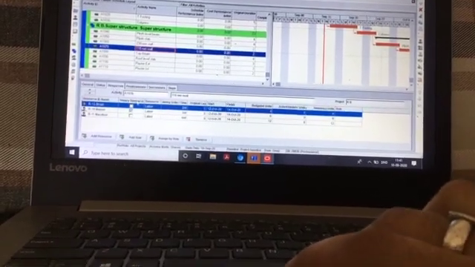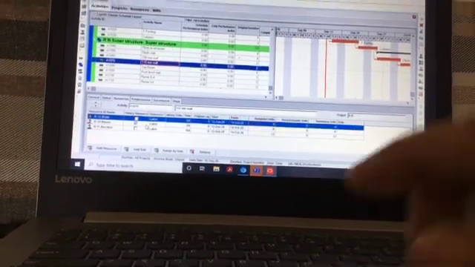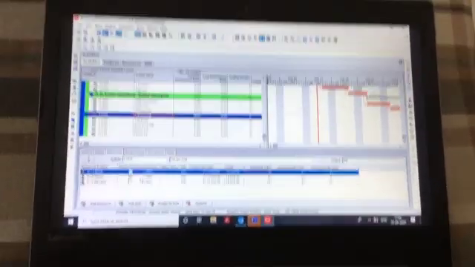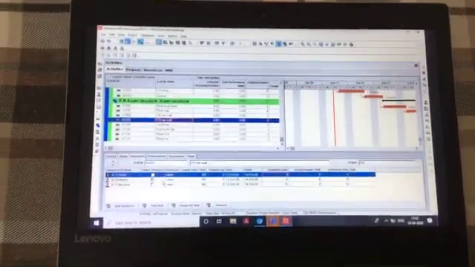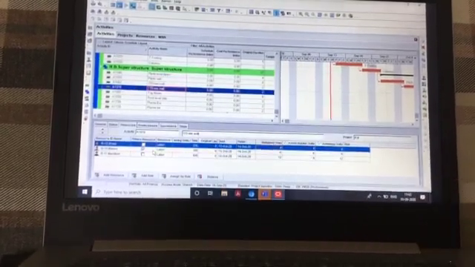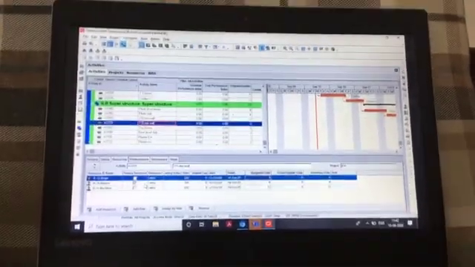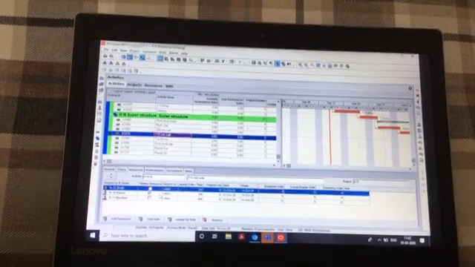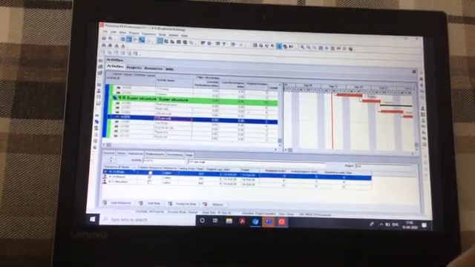This is also an interesting one, because without allocating resources, how will we see what we need? How will we ascertain what we need for a project? So please forgive me for the shaking of the camera, because I'm having a hard time controlling it. I'm right at the edge of the chair. Okay, so these are the resources.